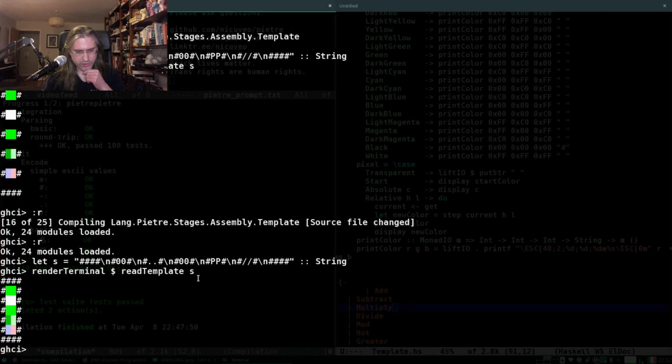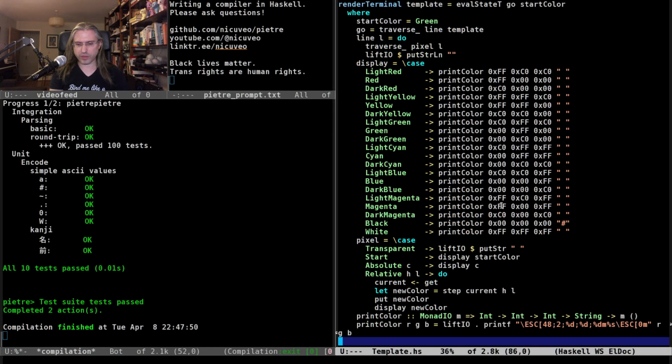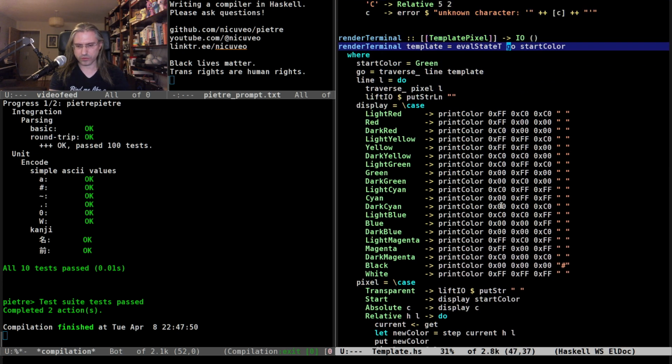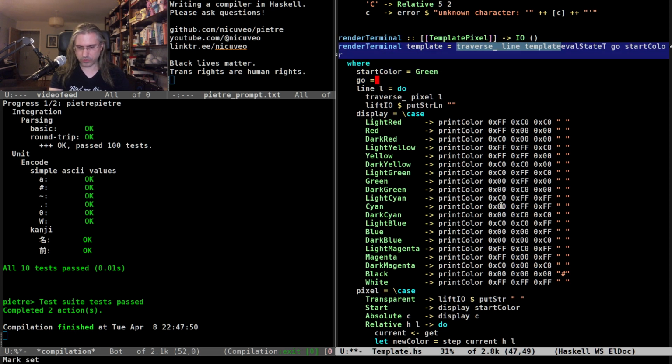What did I do? Oh, this is wrong. This is completely wrong. I think having the relative thing in the render being proportional to the current color makes no sense. I think it should all be proportional to the starting color, because otherwise I cannot express groups of pixels. So this is wrong, and this is not how we should be doing templates. Which means I can revise all of this. There's no need for the statement at all. This is just that.